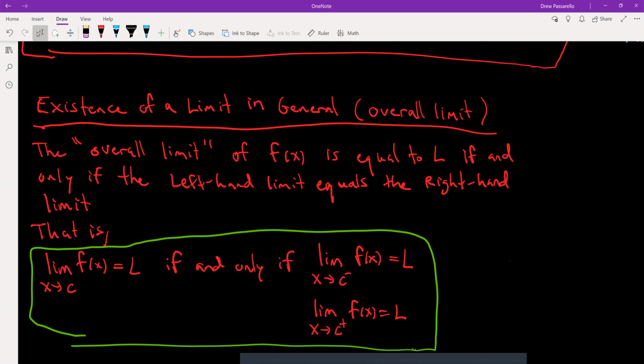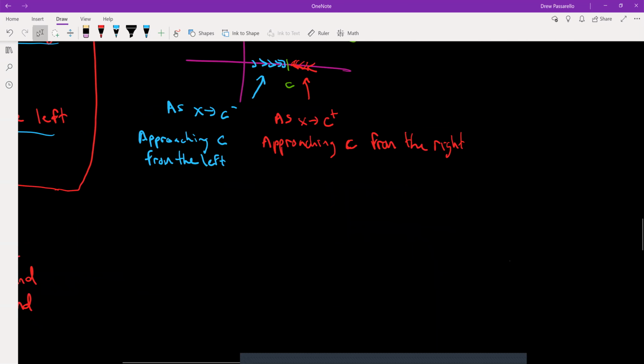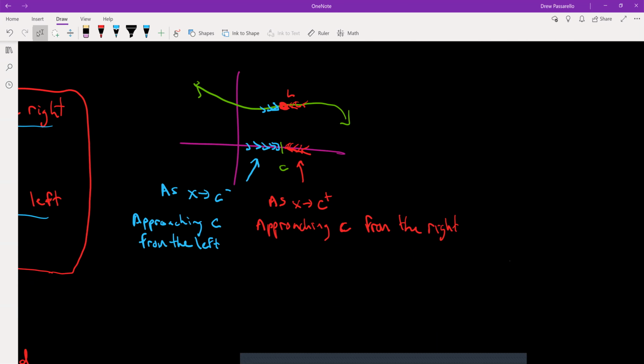or section before that, where I had determining the limit graphically. And we have the limit equals L if the left hand limit equals the right hand limit. And in this case, the overall limit exists. Because they're approaching C from each direction, they're still approaching that same point. So I would say this is limit